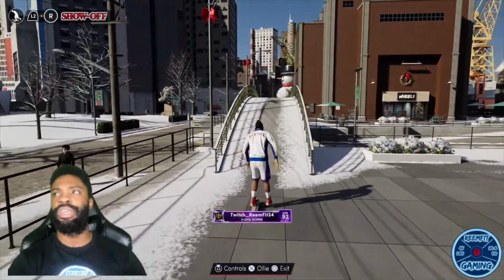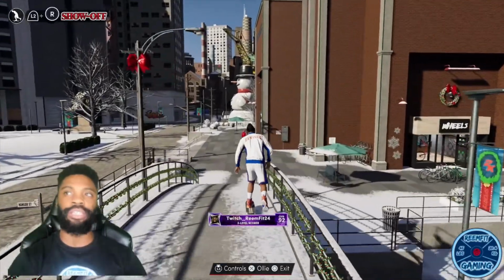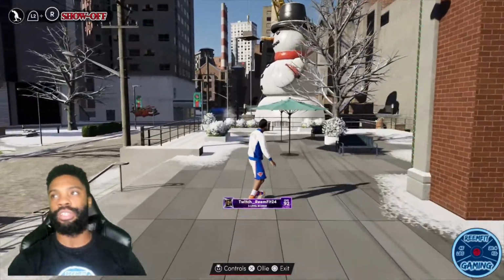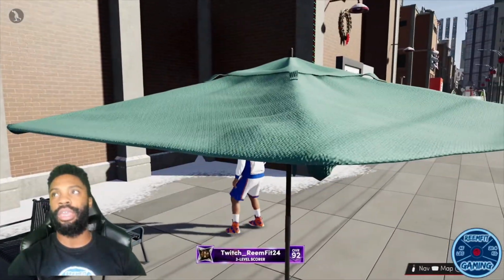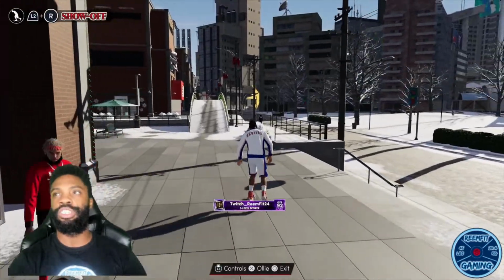This game is crazy. You have your Wheels, where you buy your bike frames, skateboard decks, whatever. And then you have your Nike. You have Nike here. And I just wanted to show you,